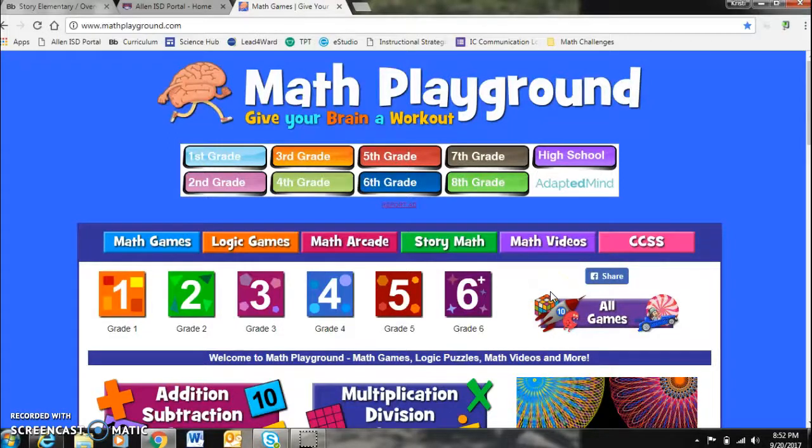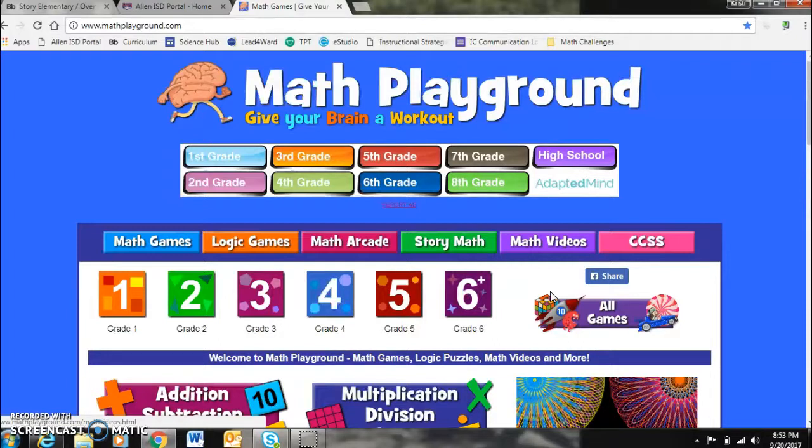Hey math teachers, I want to take a second to talk to you about the changes on thinking blocks. If you've never used thinking blocks before, they are a really awesome tool to use for problem solving where the kids can model the problems in bar diagrams. If you have used thinking blocks before and you've gone to it this year, you've probably noticed that it looks